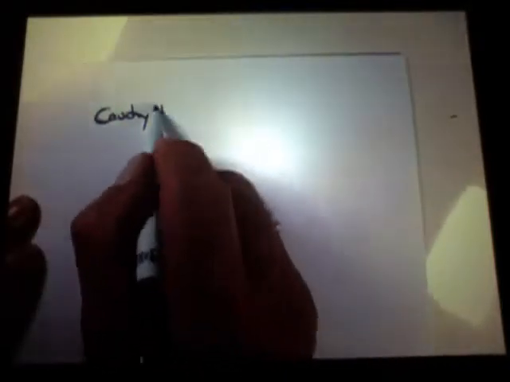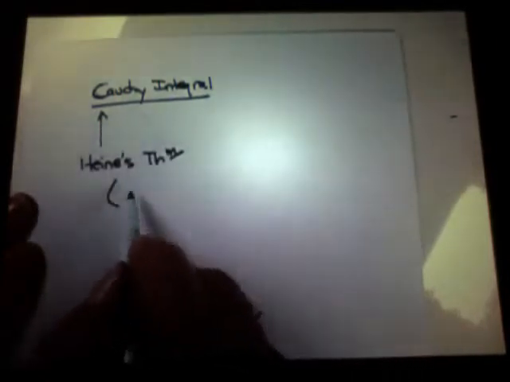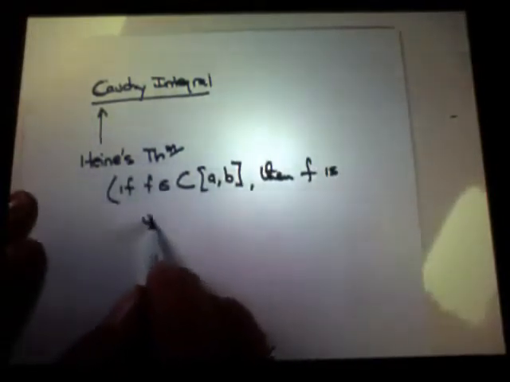Okay, so in order to successfully define the Cauchy integral and the Riemann integral, we depend critically on the fact given by Heine, which says if f is continuous on the closed interval [a, b], then f is uniformly continuous